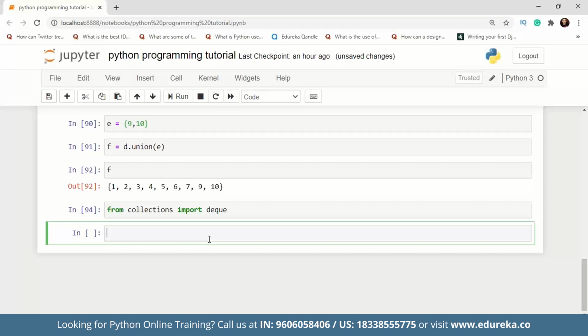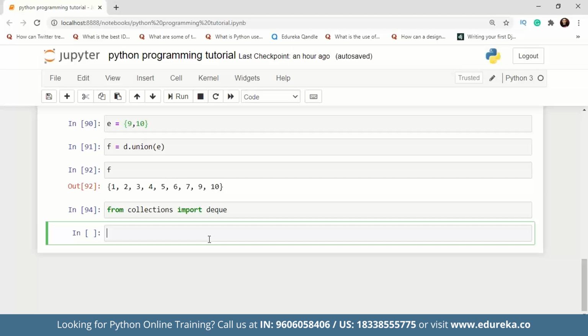Then again, we have deque, which is pronounced as deck, even if it's written as D-E-Q-U-E. It is basically an optimized list to perform insertion and deletion easily. It comes with a bunch of methods that we can use, or we can also use deque to implement stacks and queues in Python, which is basically a way to implement a linked list in Python. We'll be talking about that in a while. After that, we have ChainMap. It is a dictionary-like class which is able to make a single view of multiple mappings. Suppose you have two dictionaries with several key value pairs; in this case, ChainMap will make a single list with both the dictionaries in it. That is how you can use ChainMap.